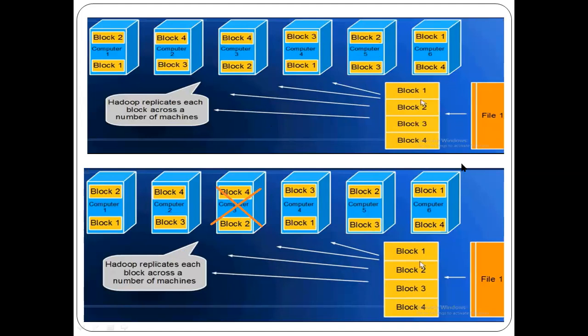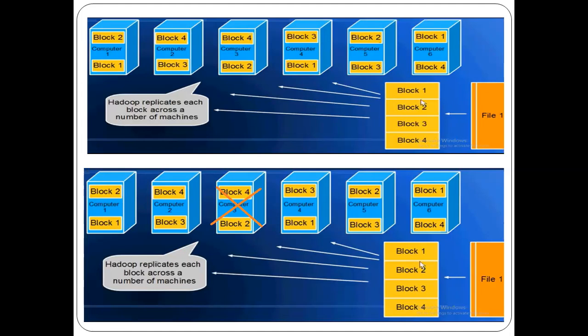This is the main feature of HDFS. HDFS makes use of the replication concept. According to this, the file is divided into different blocks 1, 2, 3 and 4. You can observe all the blocks are stored 3 times. Block 1 is stored in computer 1, as well as in computer 4 and also in computer 6. So a single block gets stored in 3 computers, so it is replicated. Each block is replicated 3 times.